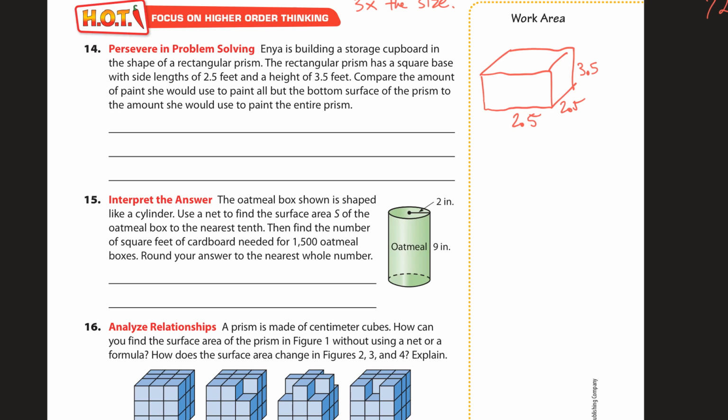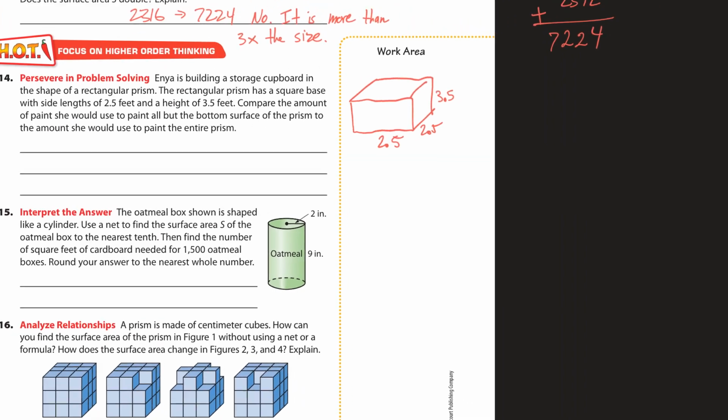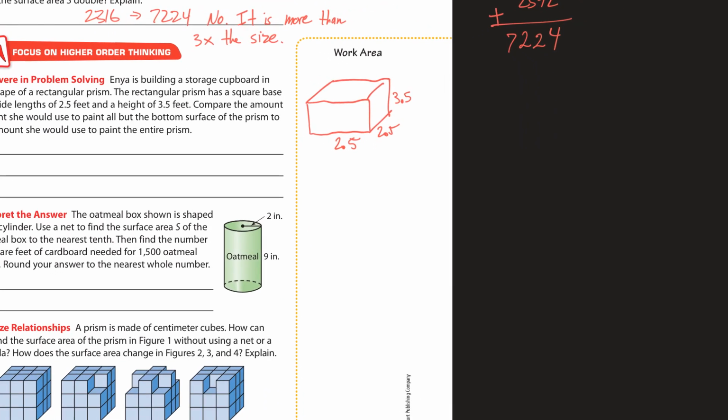Compare the amount of paint she would use to paint all but the bottom of the prism to the amount she would use for the entire prism. Okay, so let's go. What we would do is compare. Let's go surface 1, surface 2, surface 3, surface 4, surface 5, and 6, right? Compared to just 5 surfaces, 1, 2, 3, 4, 5,